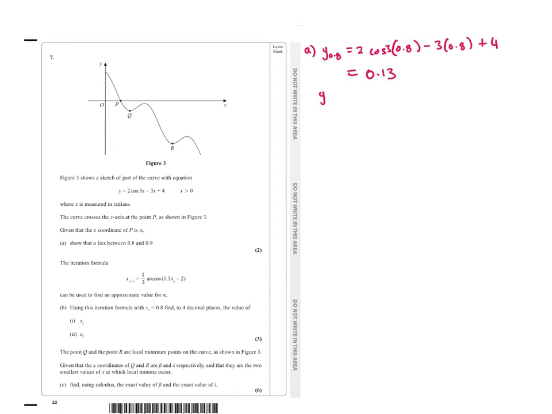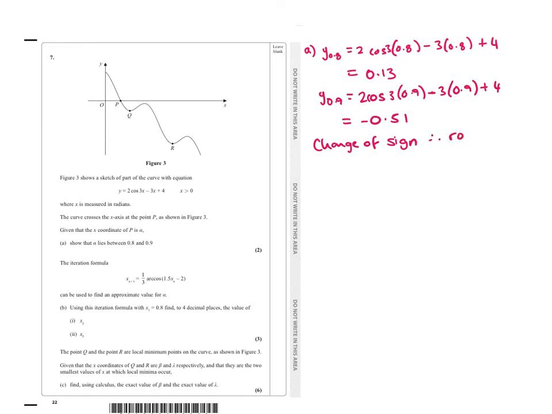And then if we substitute in 0.9, we're going to get 2 cos 3 lots of 0.9 minus 3 lots of 0.9 plus 4, which is going to give me minus 0.51. Okay, so change of sign,